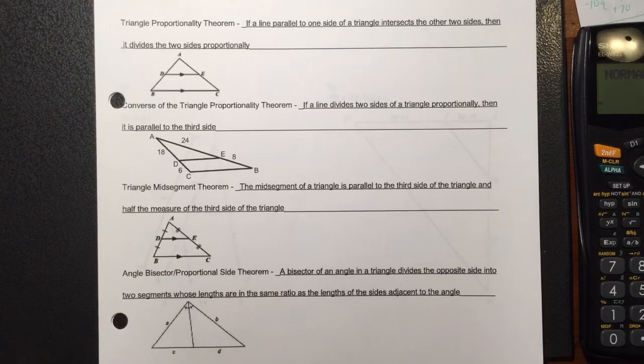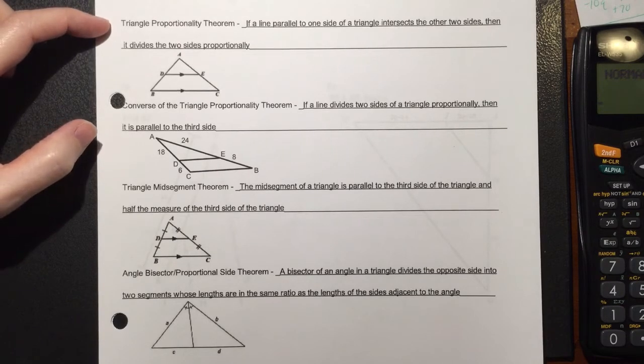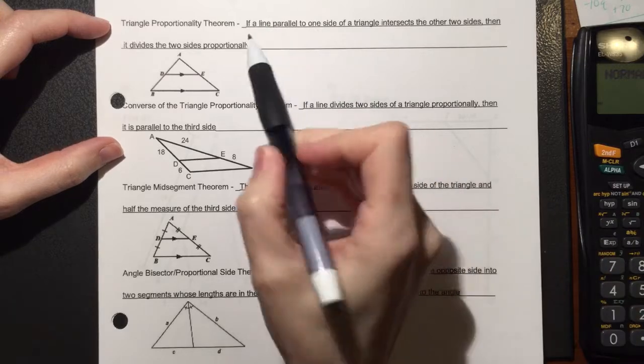Hey guys, in this video we're going to be taking a look at theorems about proportionality, and basically that's looking at triangles and rules that go with them and all the different ways that you can solve for certain sides using a proportion to solve. So the first one that we have is the triangle proportionality theorem, and what that says is if you have